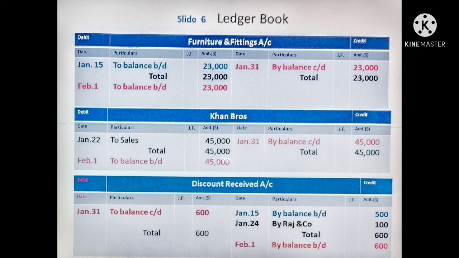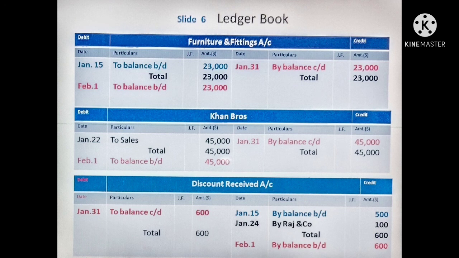Khan Brothers account is a new account. We had no transactions with them during the previous period. So there is a sales of 45,000 on January 22, which is posted in the debit side. So it is carried down on the credit side and brought down to February 1 in debit side. Khan owes us